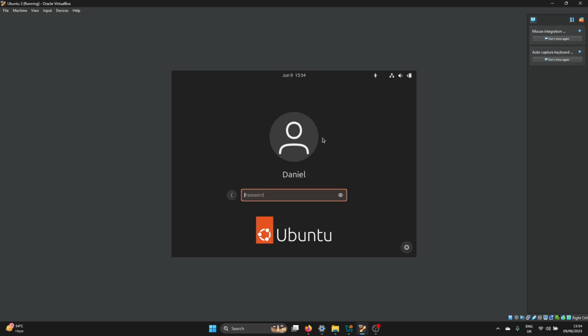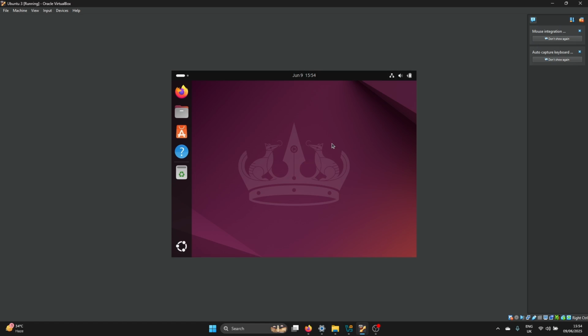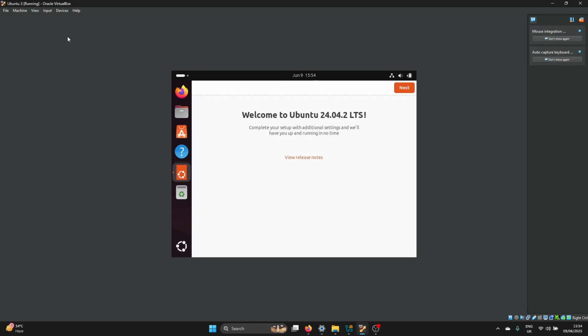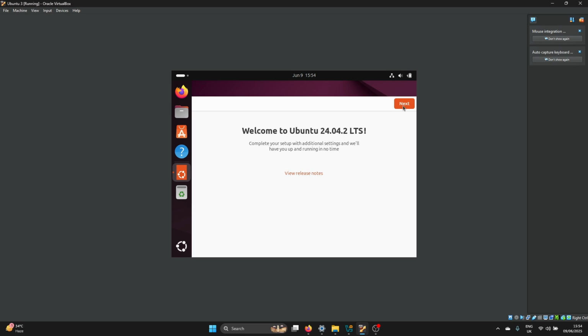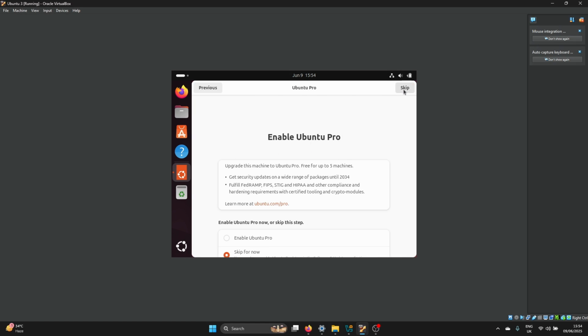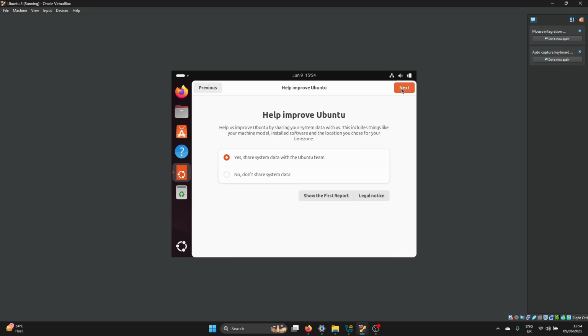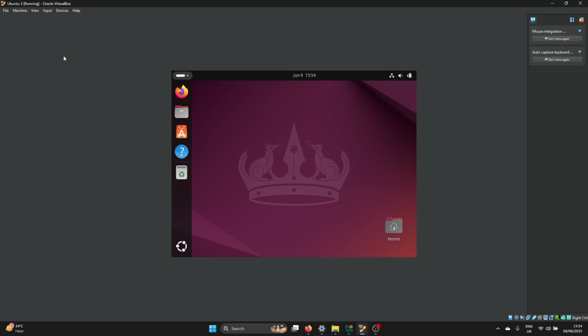Now it's loaded, I'm going to put in my password, which is password, and press enter. Now you'll see this tiny screen. It doesn't look very good, right? So what we need to do is first just skip through this setup. We don't really need to do anything with that. And then press